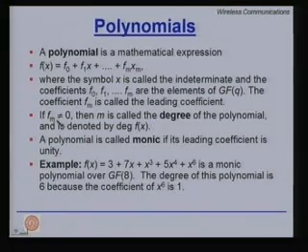If fm, the coefficient of the highest power, is not 0, then m is called the degree of the polynomial. It is denoted by degree f(x). A polynomial is called monic if its leading coefficient is unity. So, here is a polynomial over GF(8). You can see the coefficients can take values from 0, 1, 2 up to 7, but the highest power, x raised to the power 6, has a coefficient unity, hence this is a monic polynomial of degree 6.